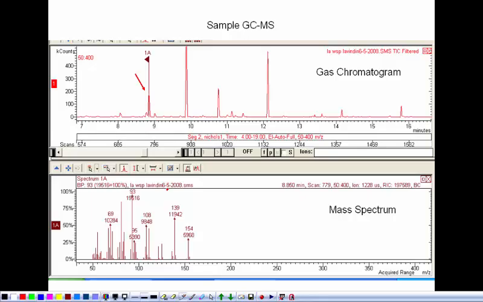But for the most part, this molecule that came out has a molecular weight of 154 atomic mass units. And then that ion is not stable, and so it breaks up into individual parts, and each one of these lower masses is a part of that molecule. And so you can take those parts and try to put them back together to figure out what the overall molecule is. But what we're going to talk about initially is getting the molecular weight from the molecule, and then